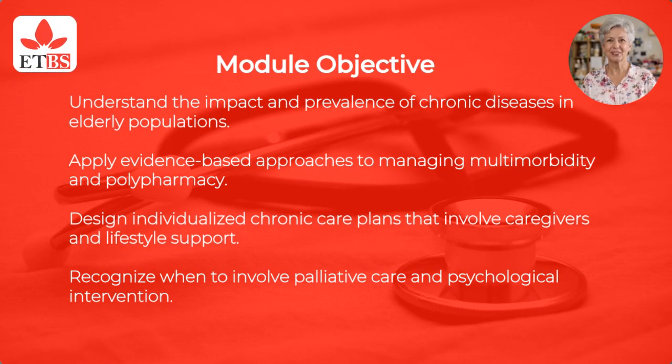By the end of Module 7, you will be able to understand the impact and prevalence of chronic diseases in elderly populations, apply evidence-based approaches to managing multimorbidity and polypharmacy, design individualized chronic care plans that involve caregivers and lifestyle support, recognize when to involve palliative care and psychological intervention, support family caregivers to manage long-term illness with compassion and